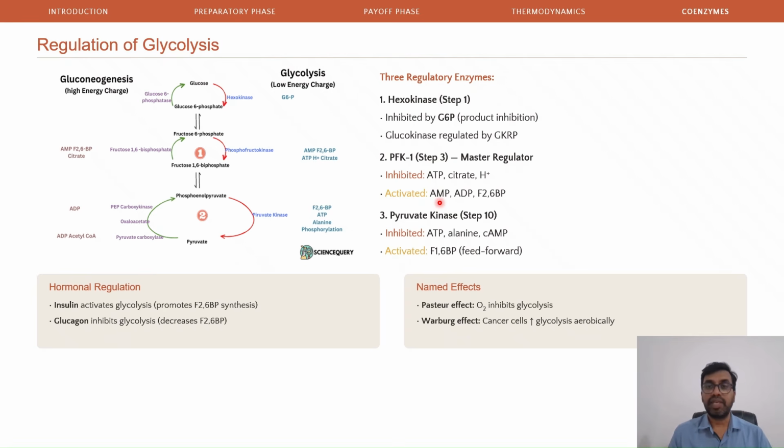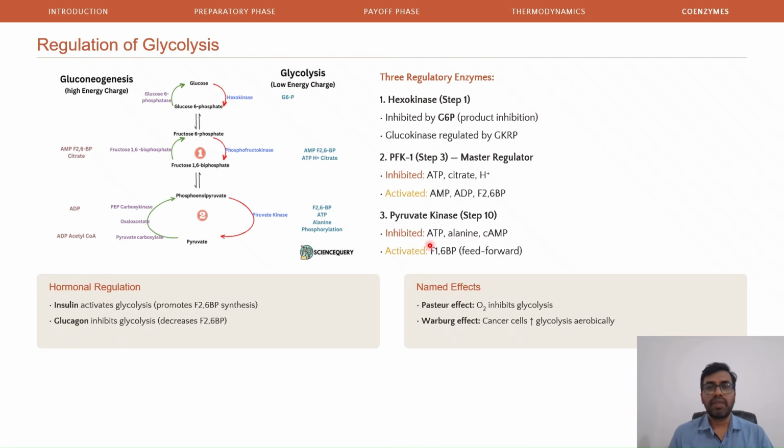If you have more amount of AMP, that means energy is deprived. So when energy is less, the catabolic pathways are favored, and this glycolytic pathway is also a catabolic pathway. This will increase if the AMP, ADP, and fructose 2,6 bisphosphate go and bind or activate this phosphofructokinase 1, and that will result in formation of more amount of fructose 1,6 bisphosphate, and then further down the formation of pyruvate and acetyl coenzyme A, and that can feed citric acid cycle, and then where you can get more amount of energy. And the last regulatory step is